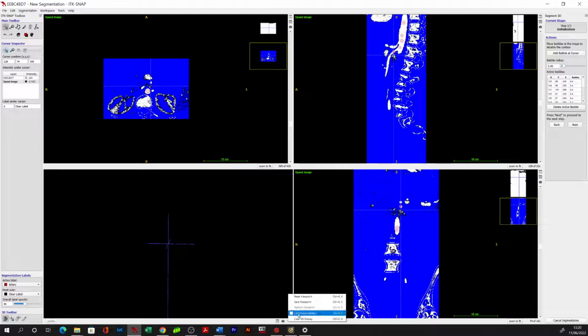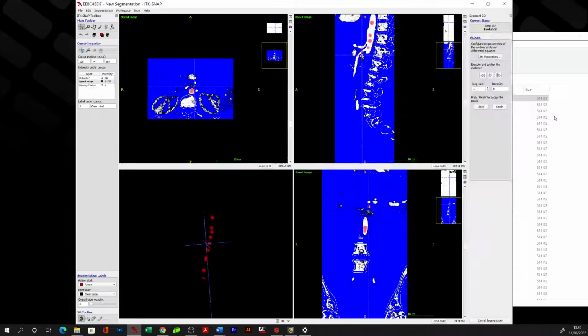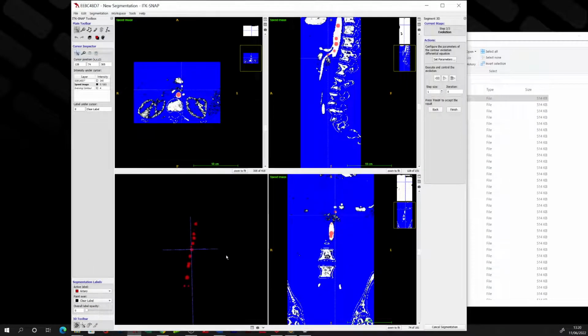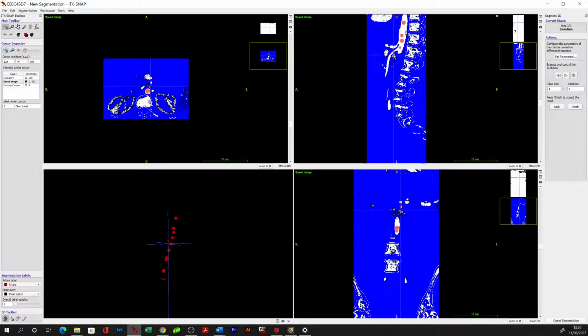And the other thing you can do is set this to continuous, as it will better illustrate what we're going to subsequently do. So then go to next. And you'll notice that we've got these balls here which serve as our seeds. And if you watch the screen, you're going to notice that these areas in red start growing into these vessels. So if we click play,